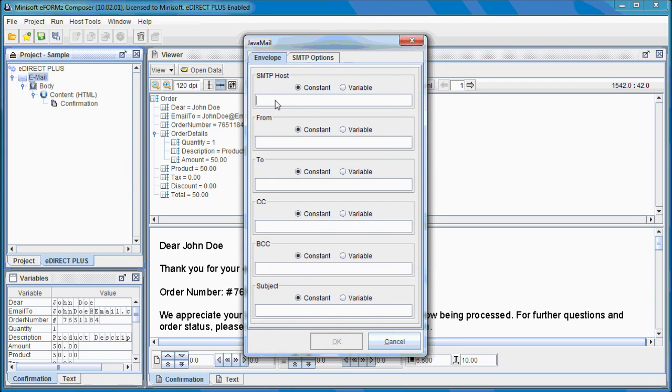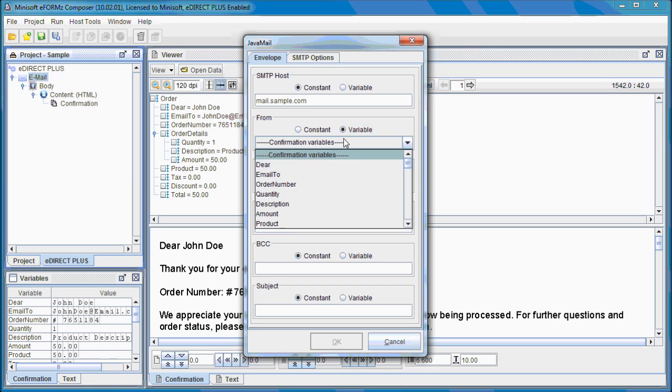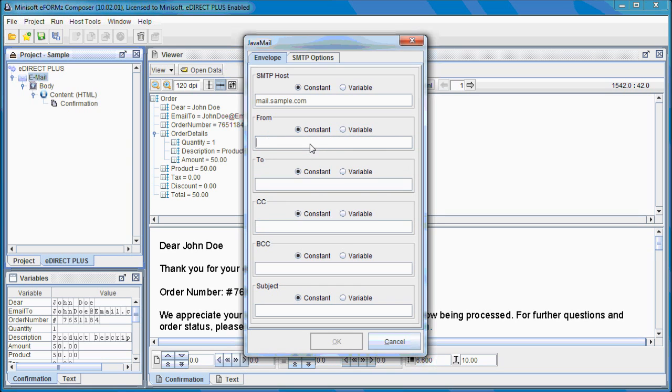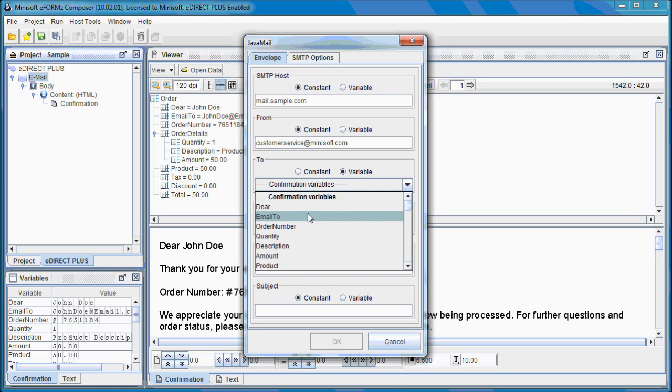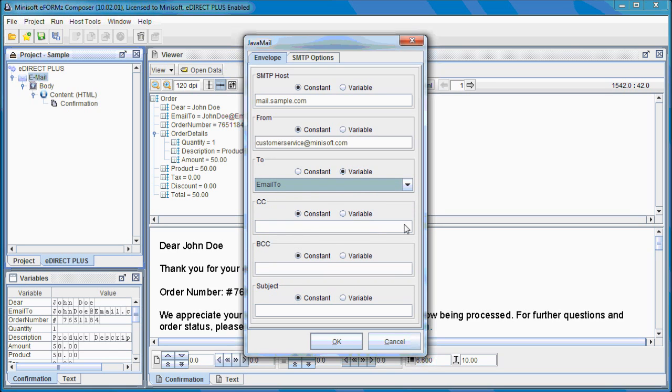Here you'll give your host, and I'll just do a fake one, mail.sample.com. That's safe enough. If you have a from email variable, you can select that. I don't in this particular project. I'm just going to use customer service at minisoft.com. That works well enough. Again, constant email. Usually this is going to be a variable though, and I do have a variable for that, the email to variable. And that's all that's required to send an email, but it's usually a good idea to